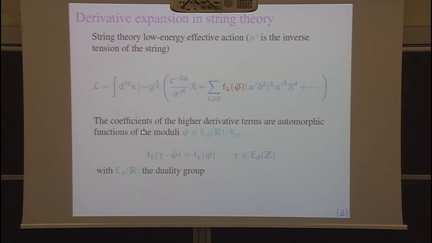For type 2b in 10 dimensions, where the duality symmetry is SL2Z, these coefficients are modular forms. If you compactify down to lower dimensions and keep maximal supersymmetry, then they are functions of the moduli in the coset space, that is the duality group divided by the maximal compact subgroup, and they are invariant under the action of an element in the lattice given by the charge